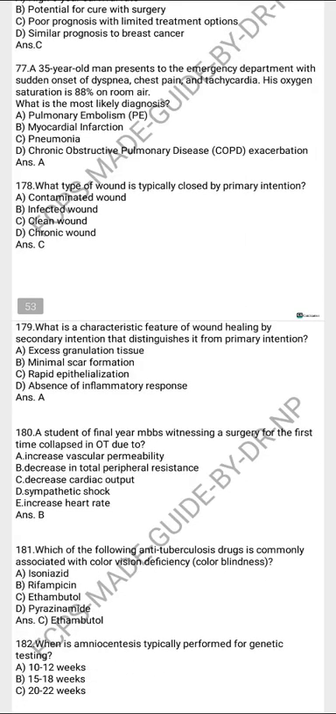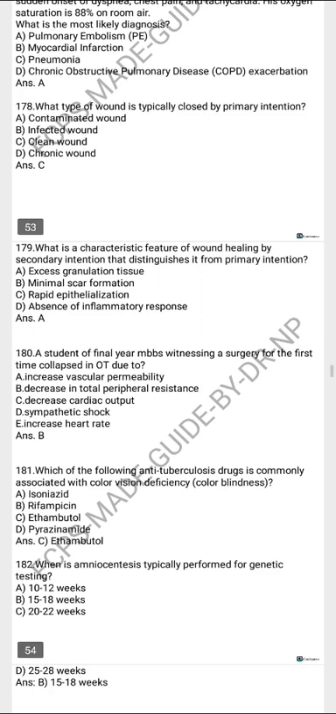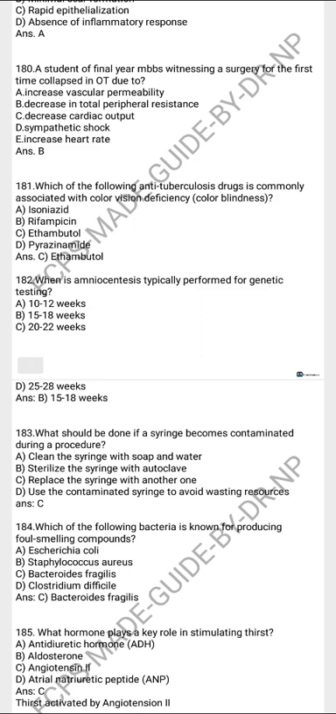The characteristic feature of wound healing by secondary intention that distinguishes it from primary intention is excess granulation tissue. A final-year MBBS student witnessing surgery for the first time collapses in the OT due to a decrease in total peripheral resistance. Which of the following anti-tuberculous drugs is commonly used with vitamin B6 deficiency? Amniocentesis is typically performed for genetic testing at 15 to 18